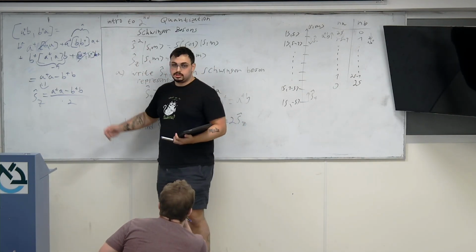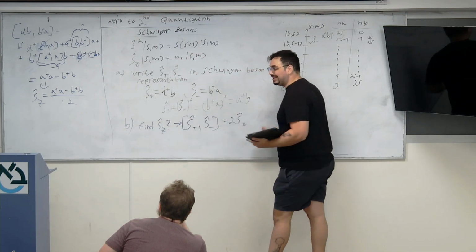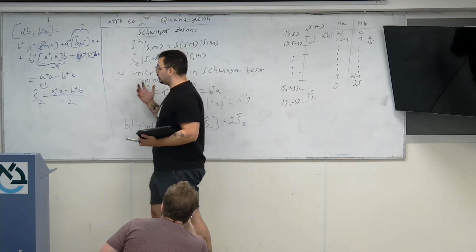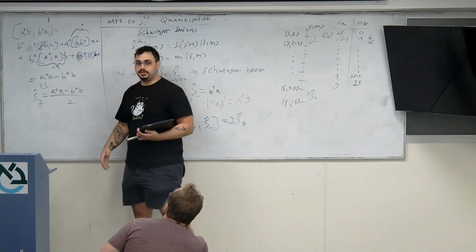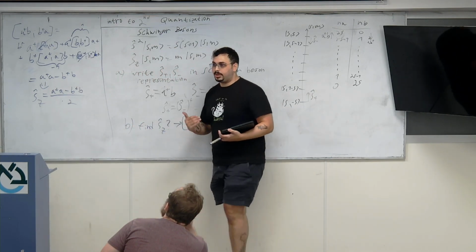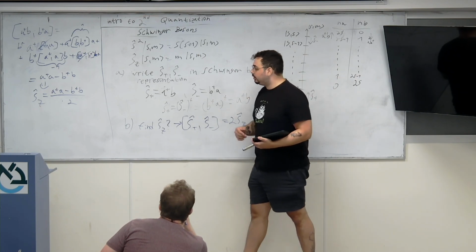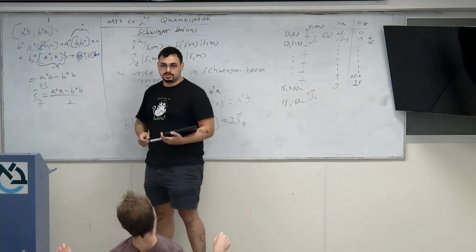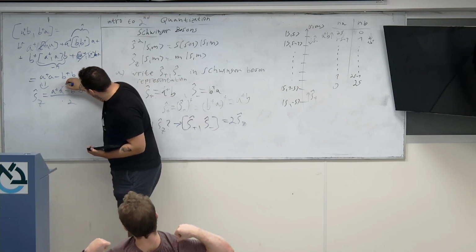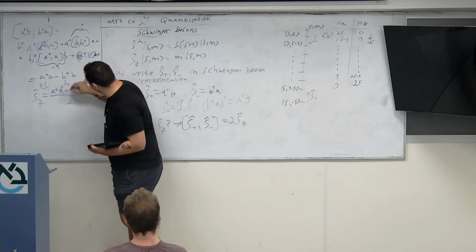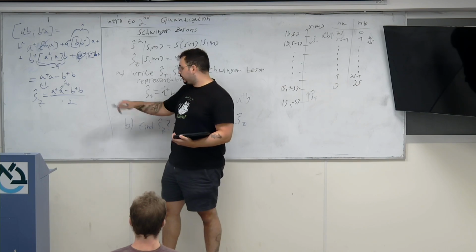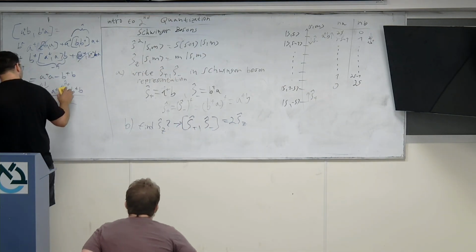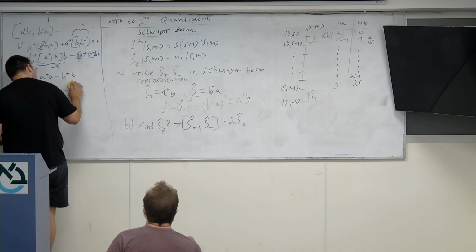This, of course, matches how we built this transformation in the first place. We said the Z component will be the difference between the two particle numbers divided by 2. And we saw in the first half of the tutorial that A dagger A is just equal to the number operator. So all of this makes sense, and we see that they're very consistent.